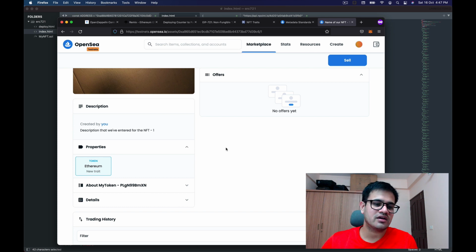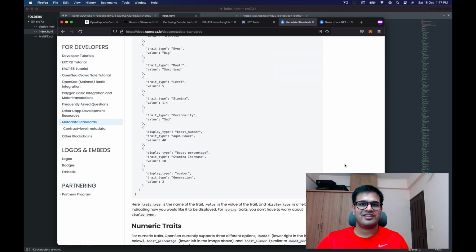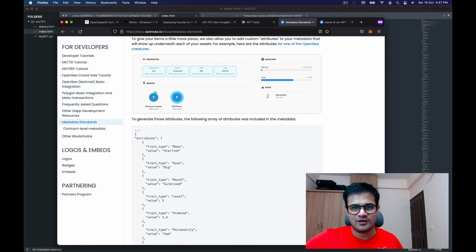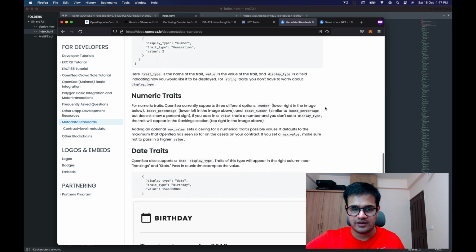I guess they are conserving their resources, but anyway, we're just waiting for them. While it is updating, we'll see that there are a bunch of other things over here. There's a number, boost percentage, boost number. Hopefully you can try out all of these, and you'll see that they are not that difficult to come up with. And this is what it looks like, generally speaking.